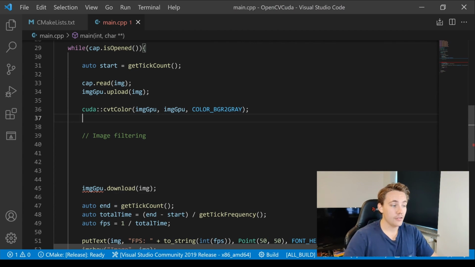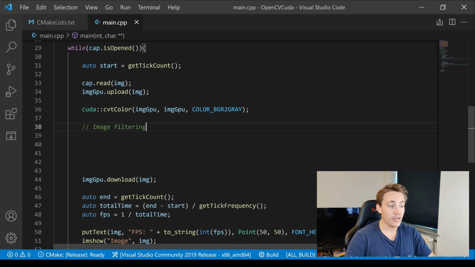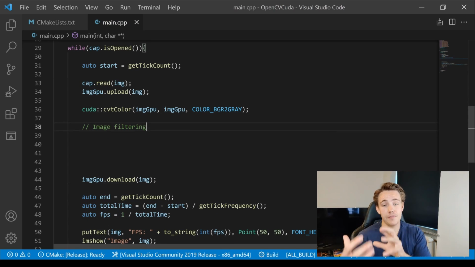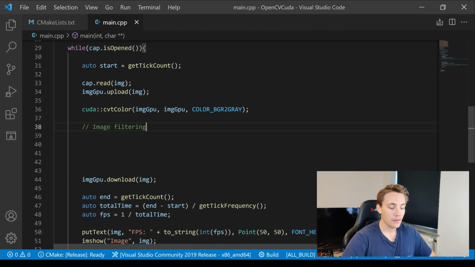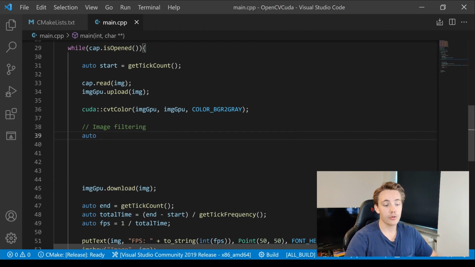So now we actually have our image converted. We can now create our own filters, apply different kinds of filters, and see how they work. Then you can go into your own application and tune the different parameters, the filter size, and so on. So here we're just going to have this auto keyword